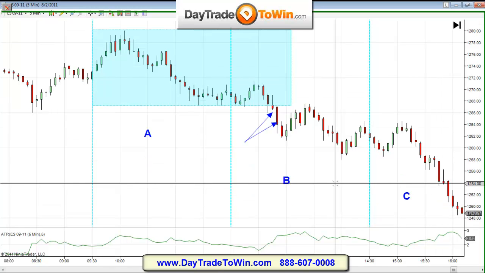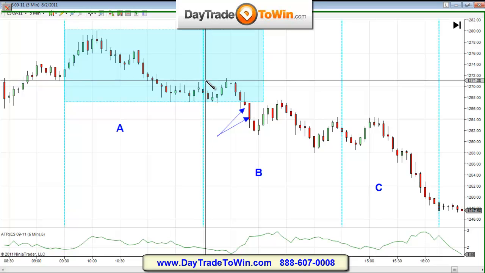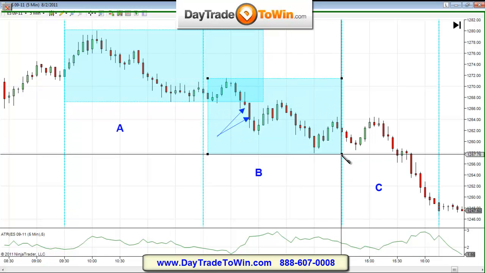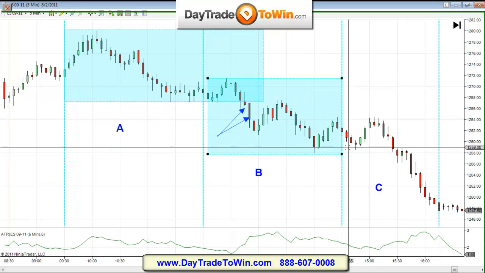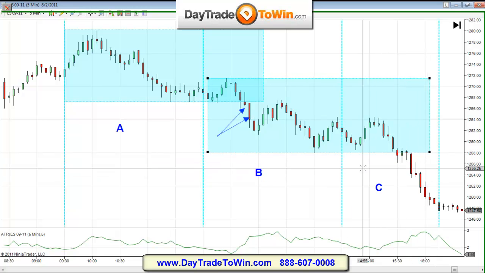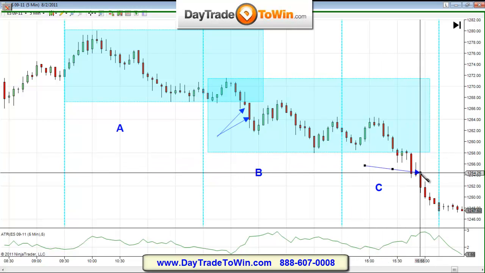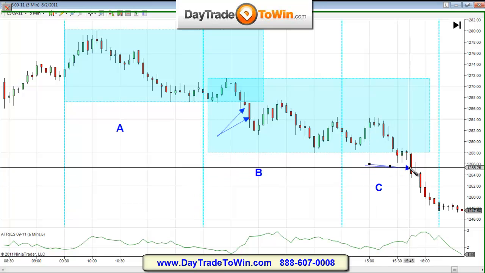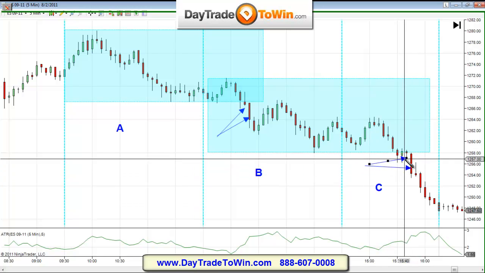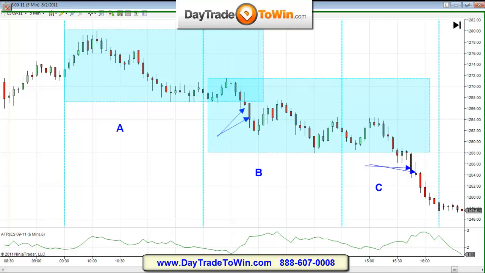Take a look at C now. If you want to take a trade in C, here's my range of B. Push this over into the future. Late day rally, late day sell-off. Here it is, guys. 2 consecutive closings. Maybe not even here. Let's say there. How's that? Finley, questions?